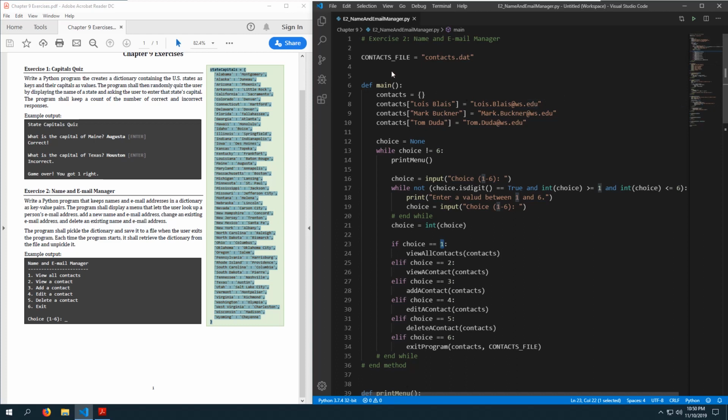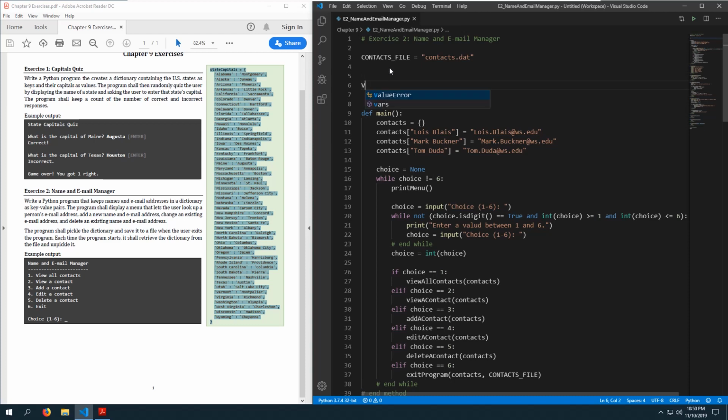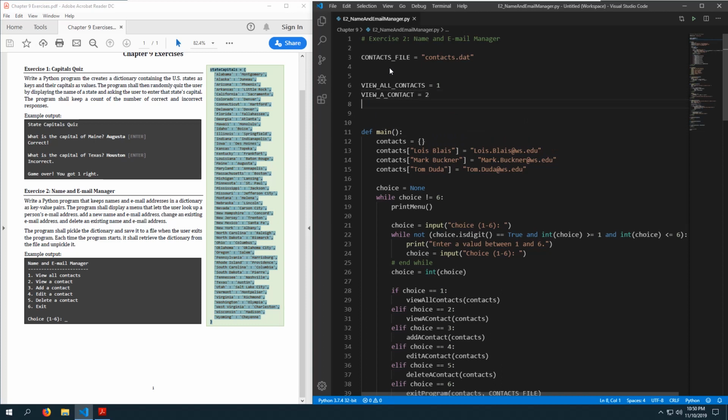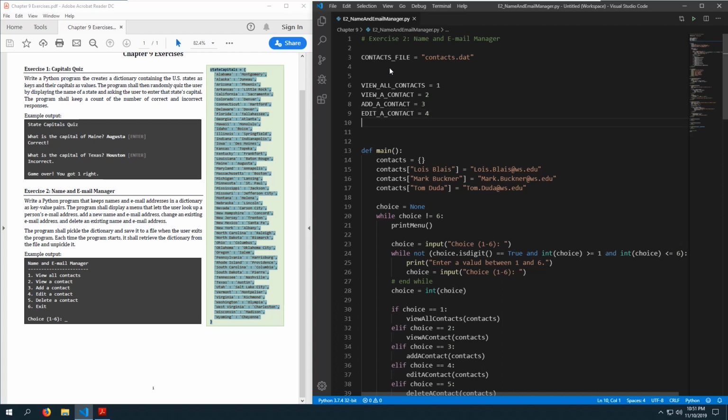So let's do view all contacts equals 1, view a contact equals 2, add a contact equals 3, edit a contact equals 4, delete a contact equals 5,